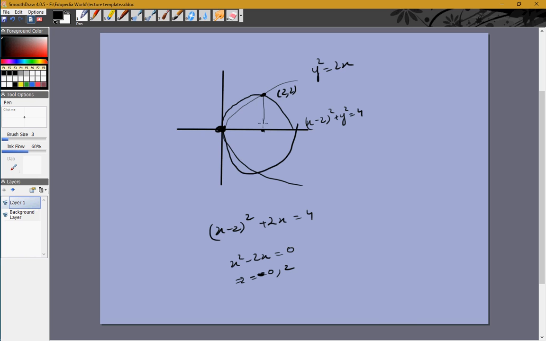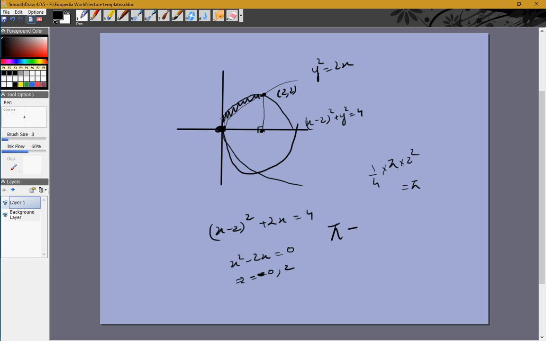That means this line is perpendicular because the x coordinate of this and the center is the same, and we need this region. Now the total region in the interior of the circle is quite easy, that is 1/4 of the area of the circle. So 1/4 into pi r squared, pi into 2 squared, which is pi. So the total interior is pi